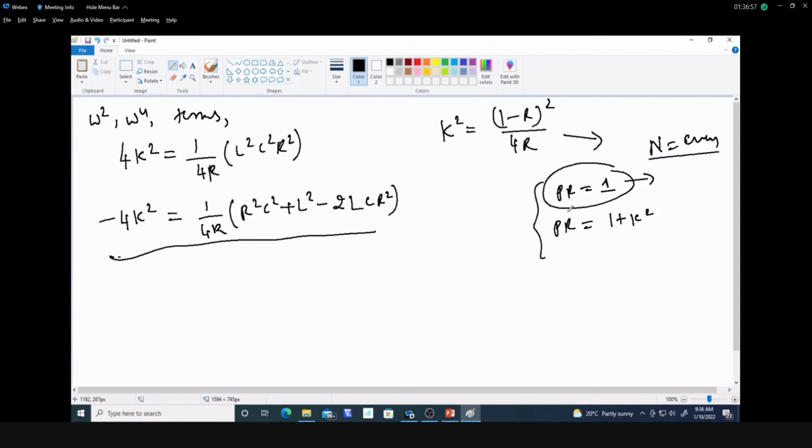So this is about the equal ripple filter, where we can obtain the expression for the particular value of the polynomial, based on n, that is the order of the filter.